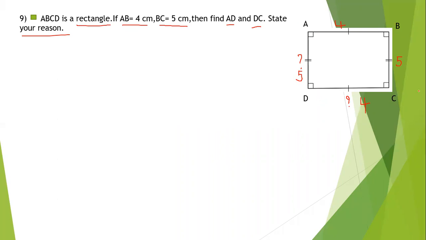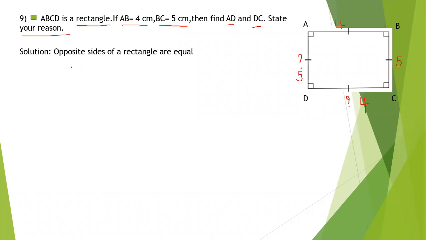One of the properties of a rectangle is that each angle of a rectangle is 90 degrees. This also we need to remember. Even though it is not required in this sum, we must know that also. Now how are we going to write the answer for this sum? First, we will write the property of the rectangle which we are using for solving this sum, that is, opposite sides of a rectangle are equal. This first we have to write. State your reason why you are writing it.